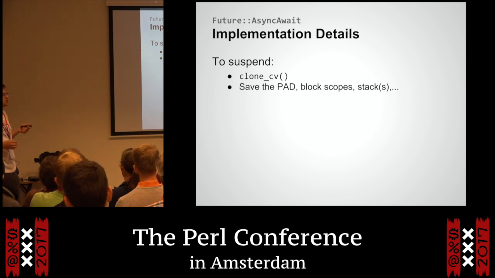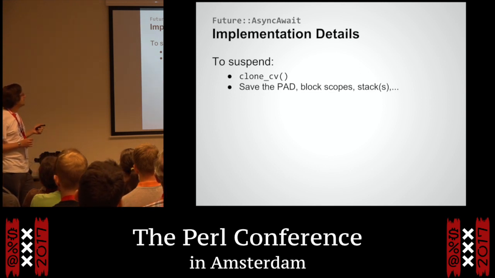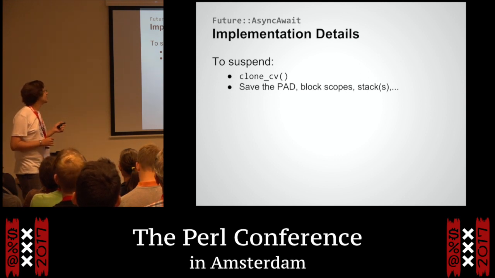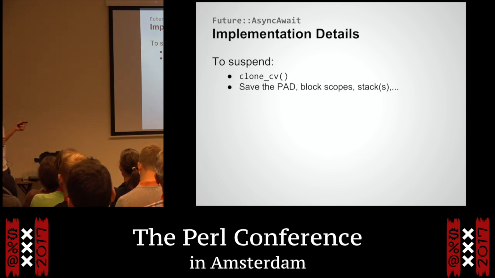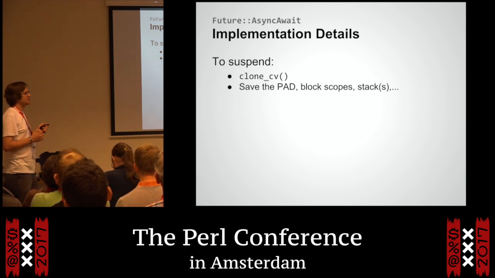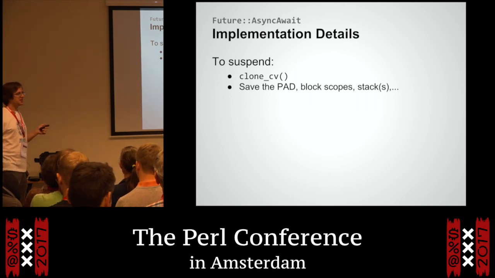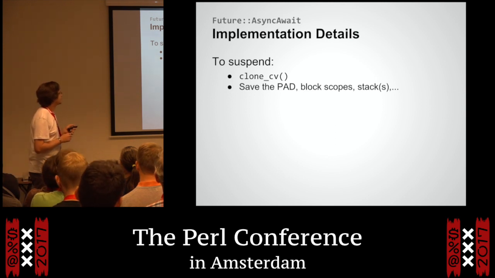All the block scopes that are on the context stack, so like the while loops, the for each loops, which I'm not handling yet, but I need to. The stacks, plural. Now, if anyone talks about the Perl stack, they're totally lying. I was going to write a blog post about the 4 stacks in Perl because I'd found 4 of them, and halfway through writing it, I found a 5th one. So I don't know how many stacks there are in the interpreter. There's at least 5, and a thing that looks a bit like a stack, other than that it's actually a doubly linked list. But otherwise it kind of works as a stack.